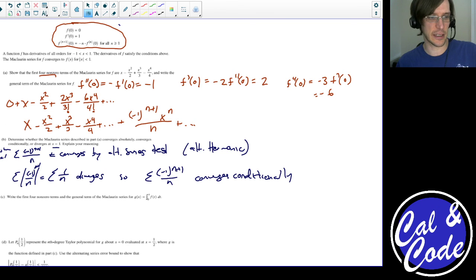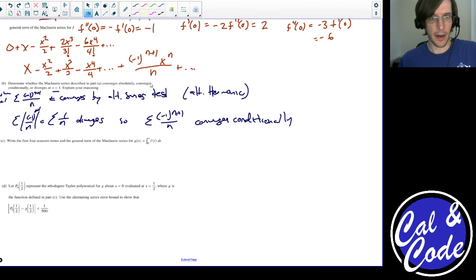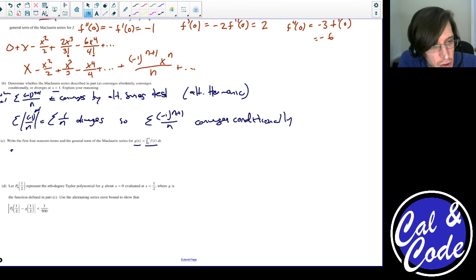Okay, let's get down to part C. I want to find the first four non-zero terms and the general term for g of x, which is the integral from 0 to x of f of t. Alright, so since I know g of x is the integral from 0 to x of t minus t squared over 2 plus t cubed over 3 minus t to the fourth over 4